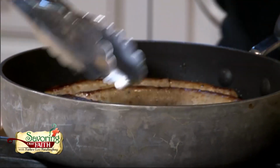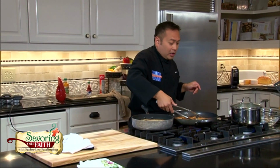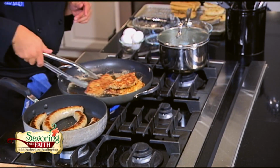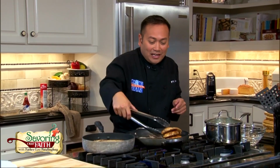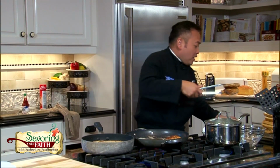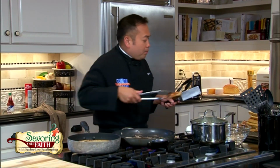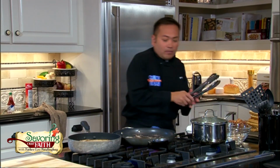All right, my sausage are looking great. That's going to again be the base for our Eggs Benedict, our Pope Benedict, Eggs Benedict, you know, whatever it is, breakfast thing. But this is so awesome that you can actually eat this not just for breakfast, but I mean, I love breakfast food for dinner. All right, chicken is going to go out here. I'm going to separate it out. Again, just all sitting on a little pan with a cookie sheet. I mean, like a cookie rack, so to speak, so that